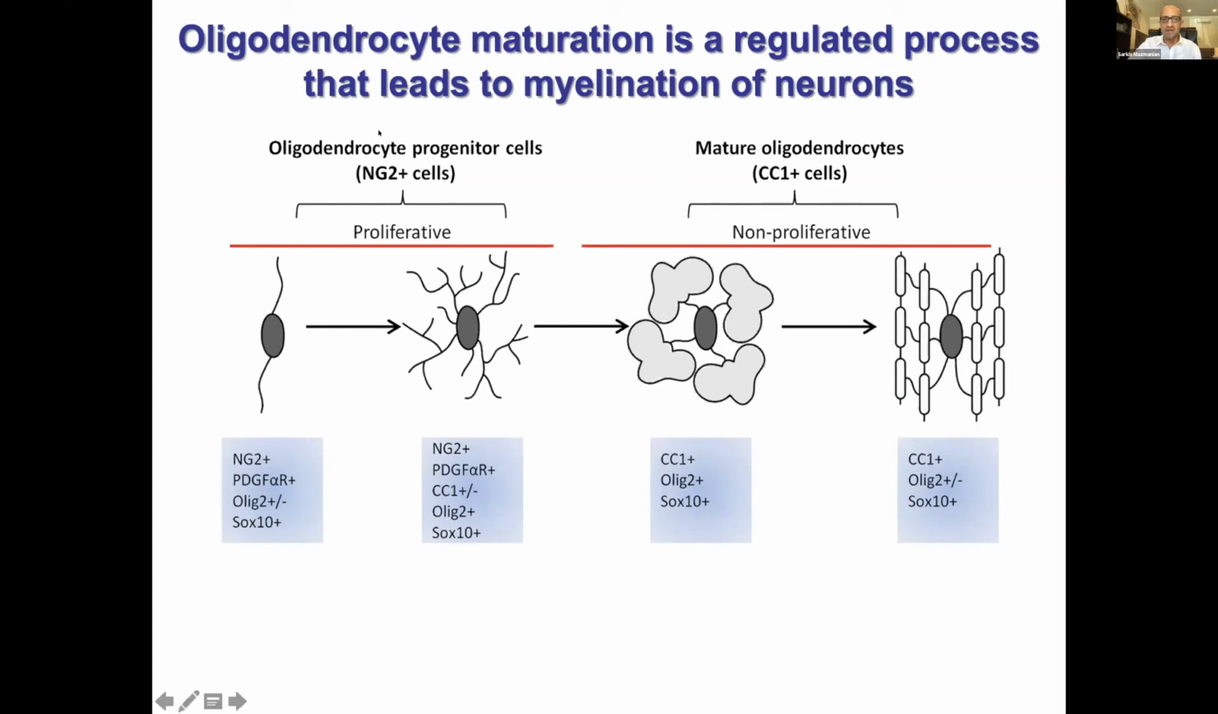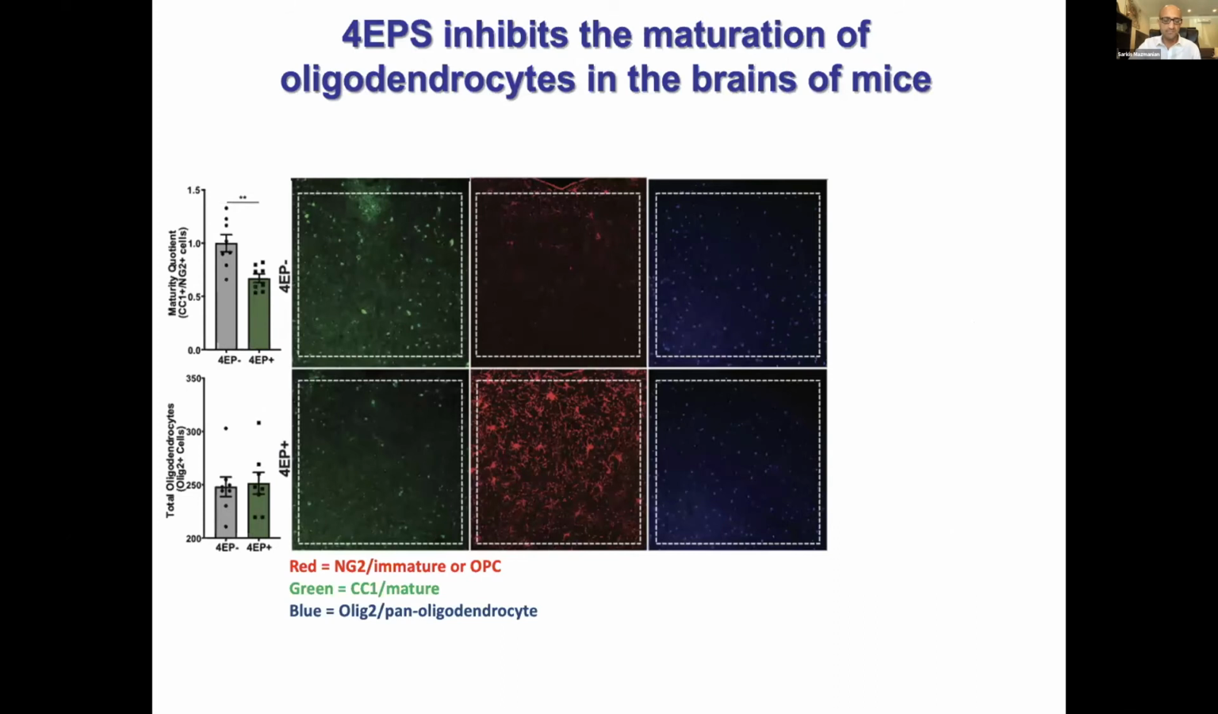And only when these oligodendrocyte precursors become mature oligodendrocytes do they begin to myelinate our neurons, and myelination of neurons is important for the activity of neuronal cells. And so we wanted to test this prediction. And so Brittany looked at the differentiation or developmental state of oligodendrocytes in the brains and showed that, looking at a maturity coefficient, there's a decrease in mature oligodendrocytes in the brains of the 4EP exposed animals compared to